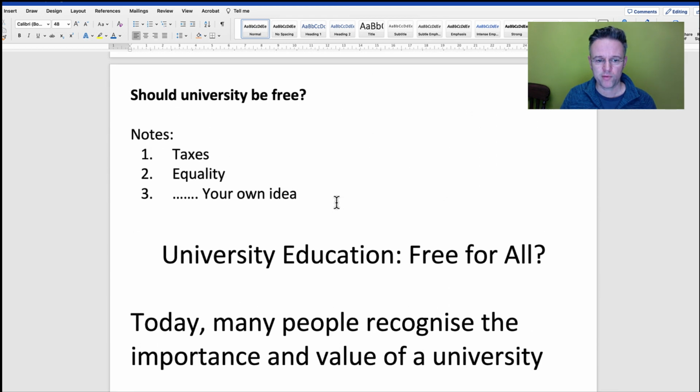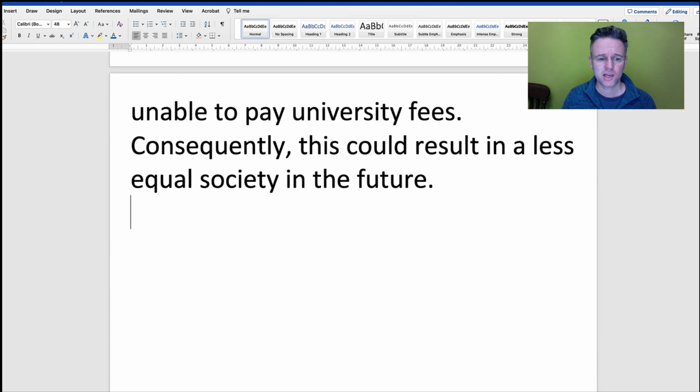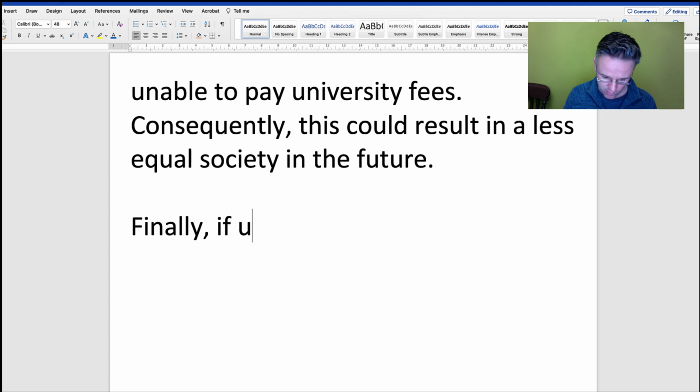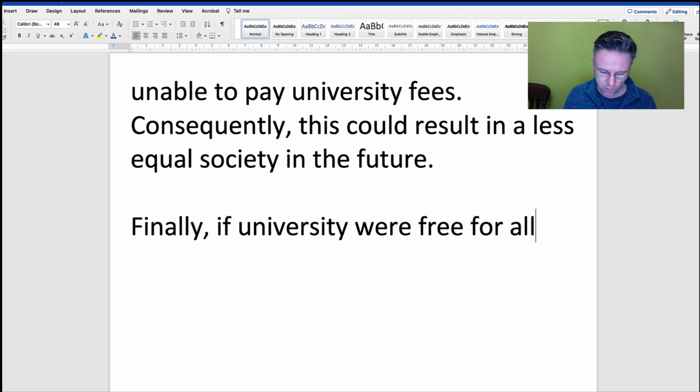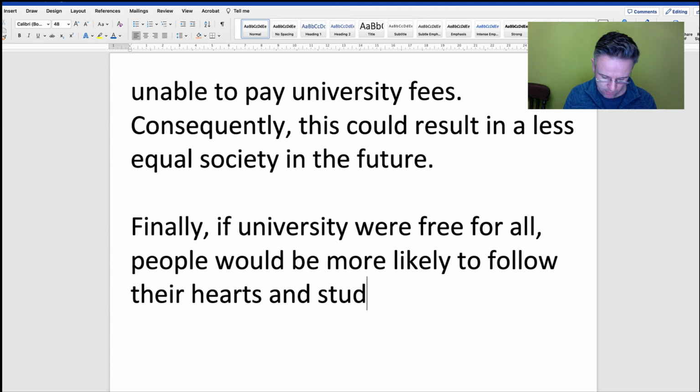Now, the next paragraph is our own idea. The idea that I have had is because university is expensive, people often choose a degree that's going to get them a job, where maybe they might have preferred to study something else. So I'm going to talk about that. So finally, if university were free for all, people would be more likely to follow their hearts and study subjects